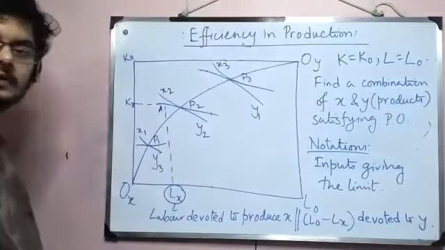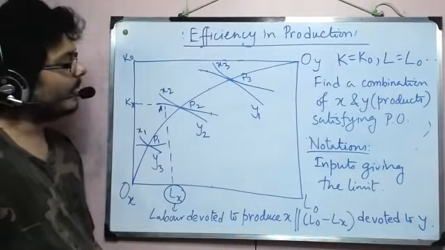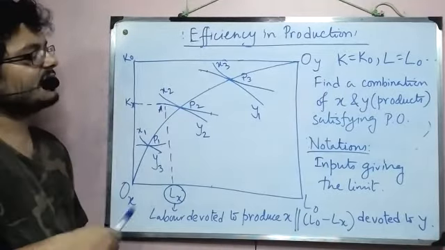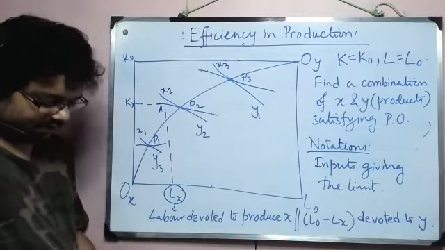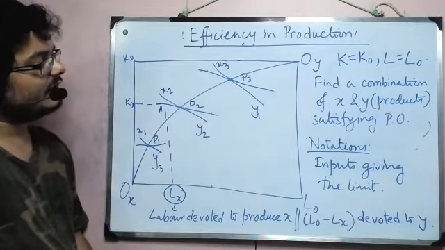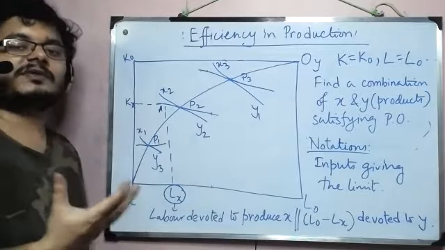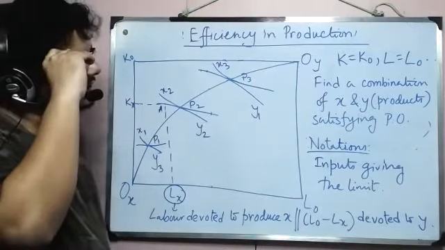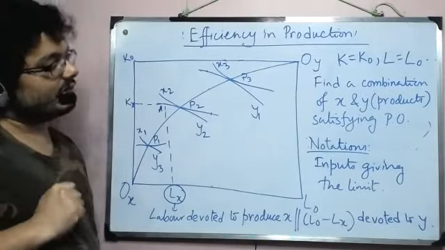So that interpretation remains the same, and that simple interpretation remains true for this kx here also, right? So k naught minus kx will be devoted to y. So that is the same. But the point of difference is that here we have inputs at the limits that fix the size of the Edgeworth box.